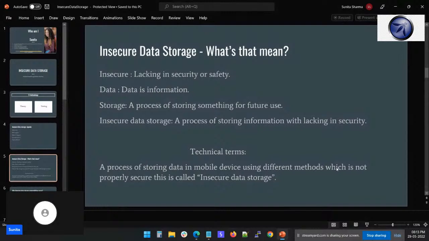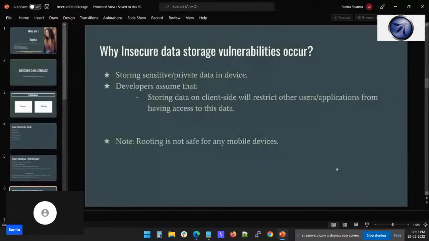Okay, now next, moving on to why insecure data storage vulnerabilities occur. It's a simple thing, like we store sensitive or private data in the device, and we can also say we are storing the data in the device, or local storage, data storage. We can mention that with local data storage. And the second thing, like